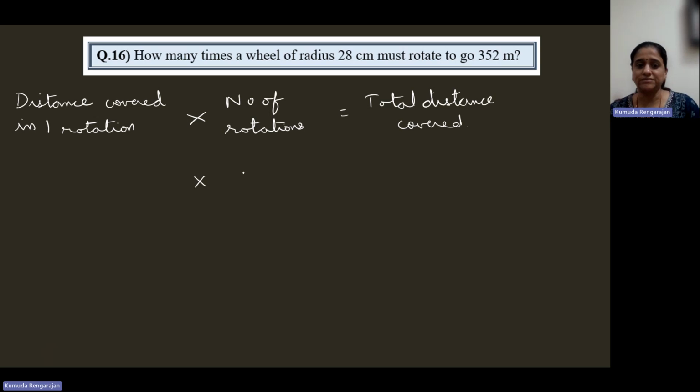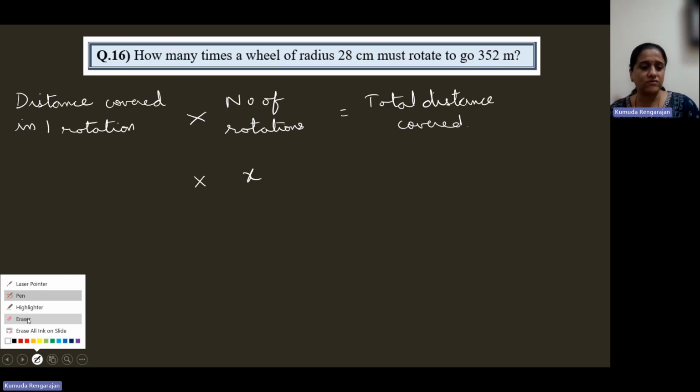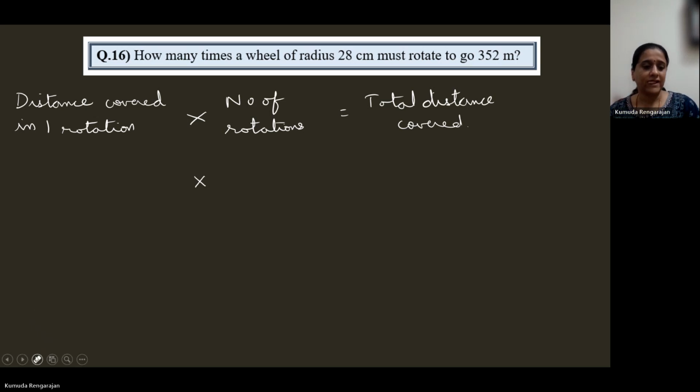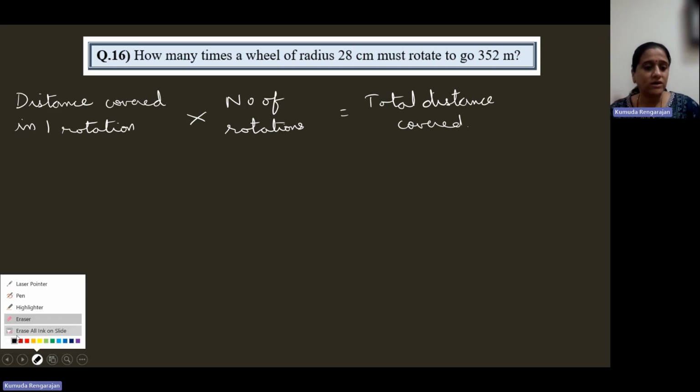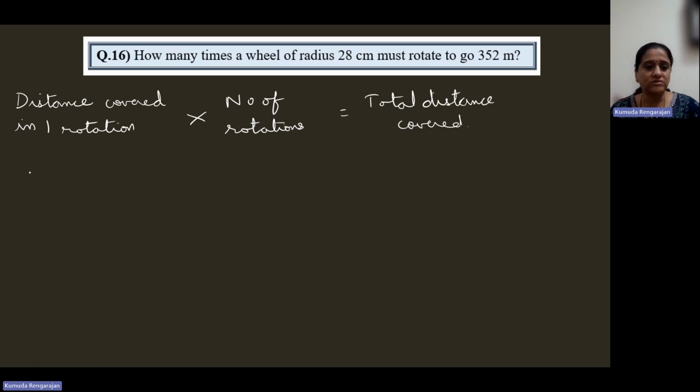So we'll call that x. Or you can just write number of rotations itself. Or if you say, give us one formula for number of rotations, I can give you. The formula to find the number of rotations is number of rotations is equal to